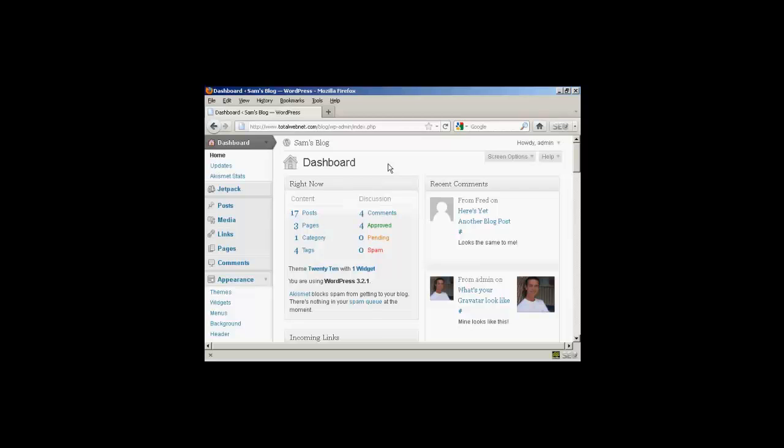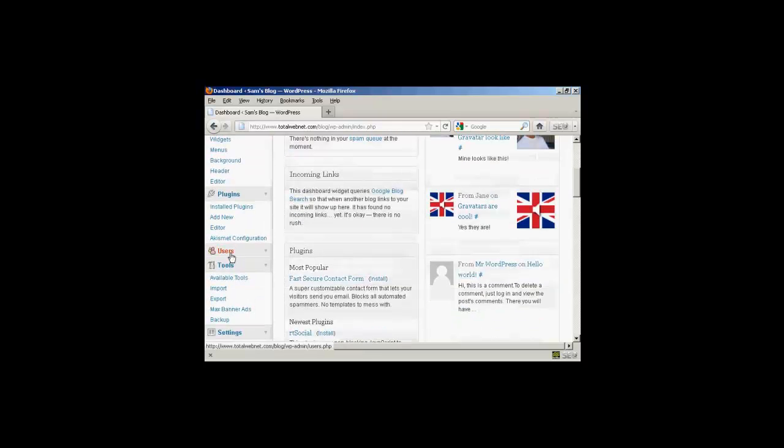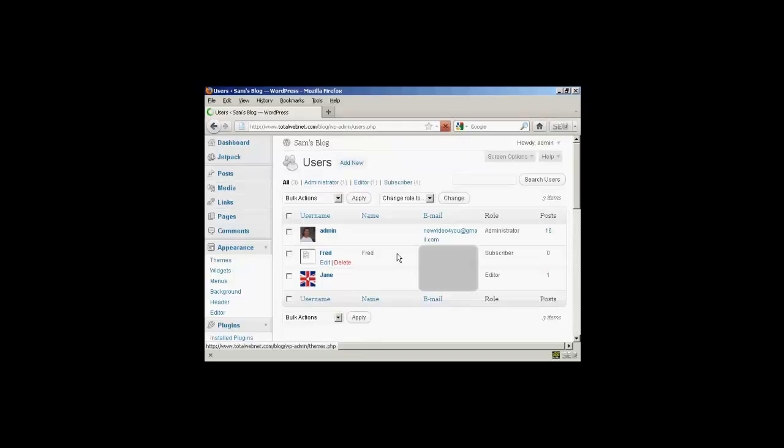If you've already installed your WordPress blog, here are some steps that you can take to improve the security of your existing installation. If you've manually installed WordPress, then the default administrator username will be admin, and you should change this into something that's harder to guess. To do this, log into your WordPress admin area, scroll down here to users, and then add a new user. So click here where it says add new,